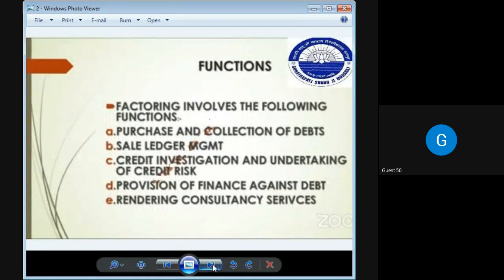Now, what are the functions? The first function is, factoring involves the following. The first function is purchase and collection of debts. Okay, purchase and collection of debt means what is the credit debt, and what is the amount of credit debt and how it will be collected. Okay, sale ledger management, it is very important to prepare the sale ledger management. Then credit investigation and undertaking of credit risk, if there is any credit risk involved, means is there any